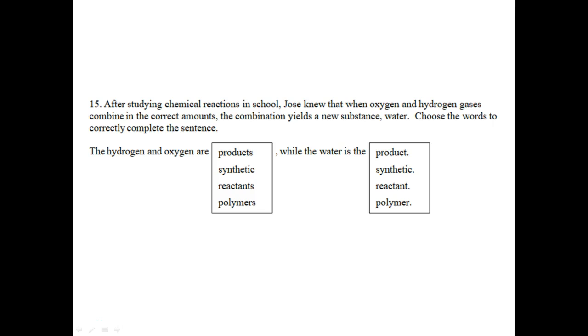For number 15, you need to circle one term in each box to make the sentence a true statement. After studying chemical reactions in school, Jose knew that when oxygen and hydrogen gases combine in the correct amounts, the combination yields a new substance, water. Choose the words to correctly complete the sentence. Your choices in each box are products, synthetic, reactants, polymers. The hydrogen and oxygen are what? While the water is the